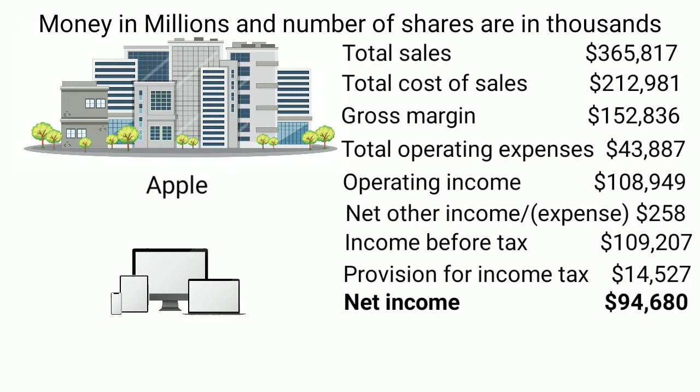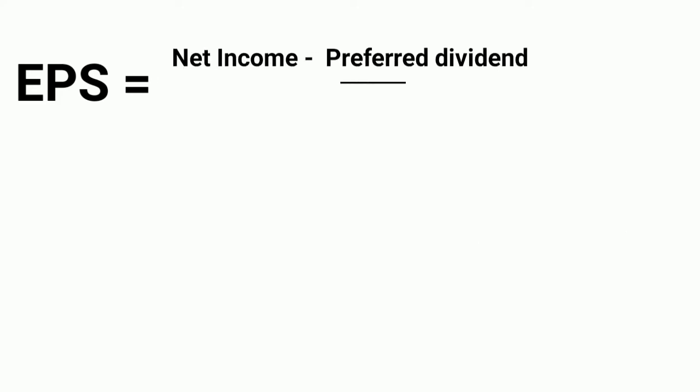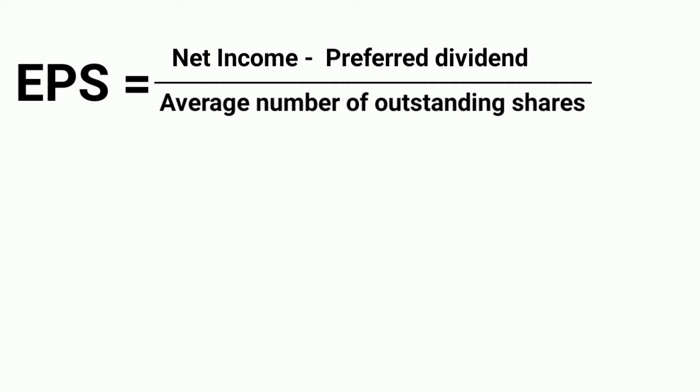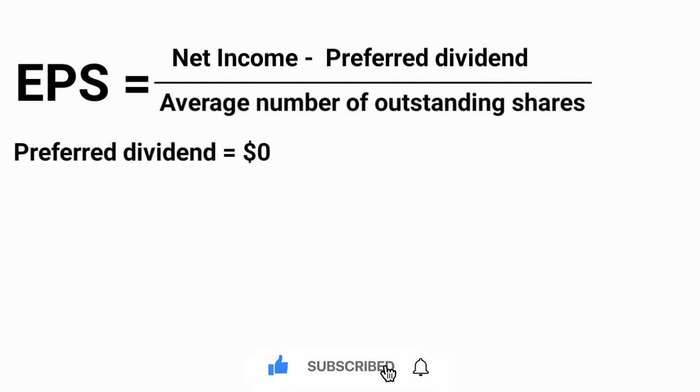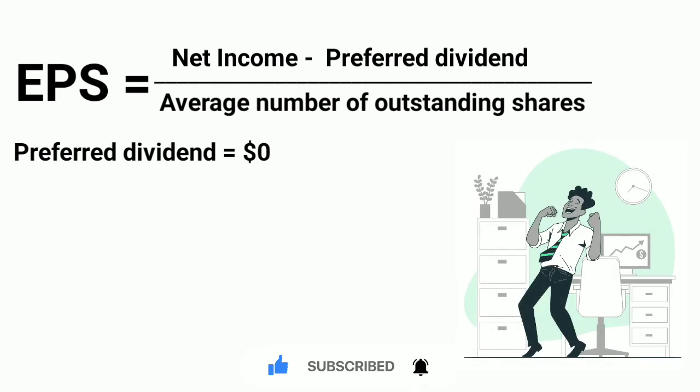The average number of shares of Apple is 16,701,272,000. Earnings per share is calculated as net income minus preferred dividends divided by average number of outstanding shares. In case of Apple, the preferred dividend is 0. Therefore, EPS is